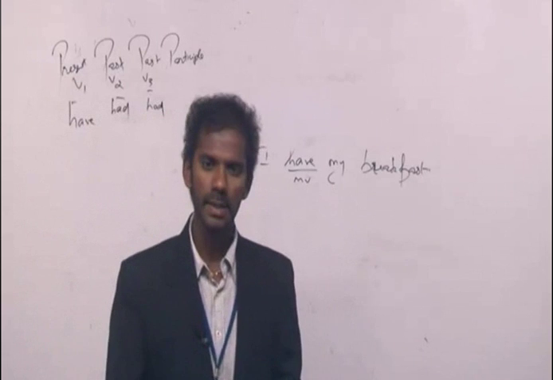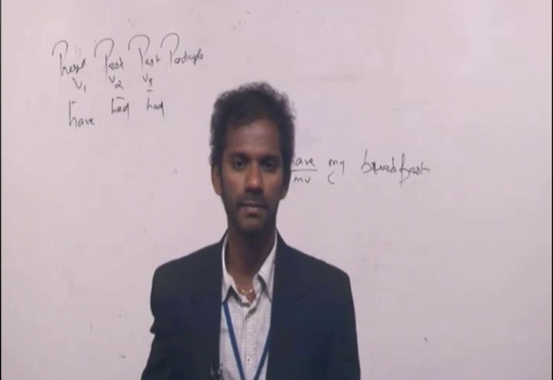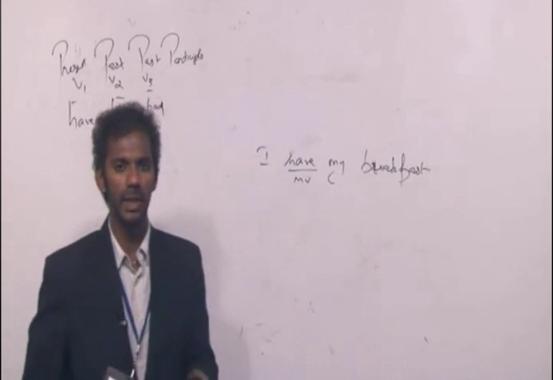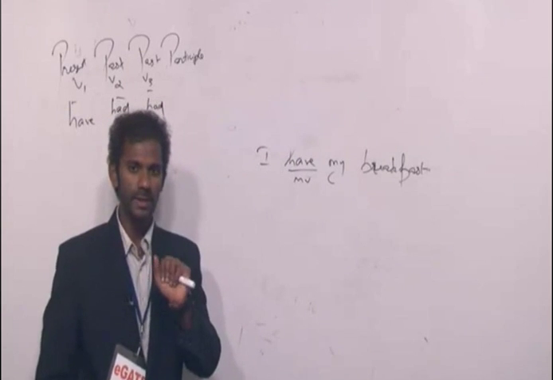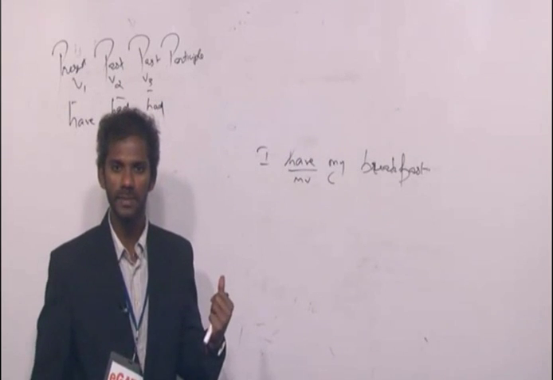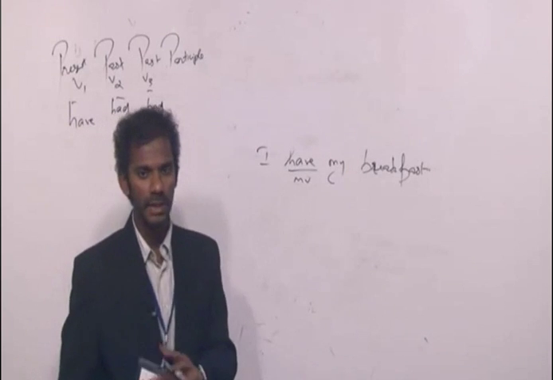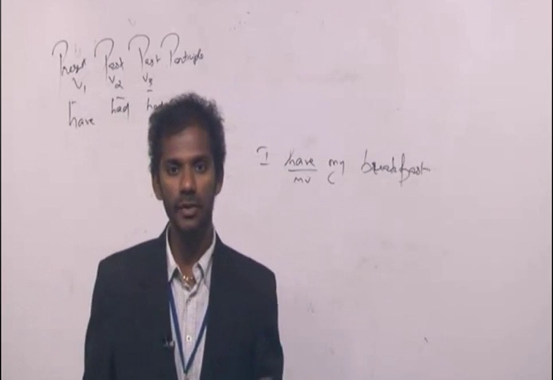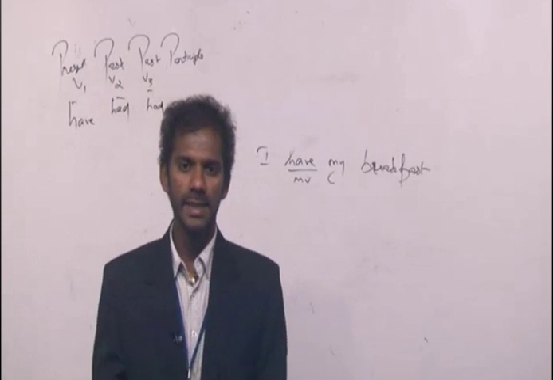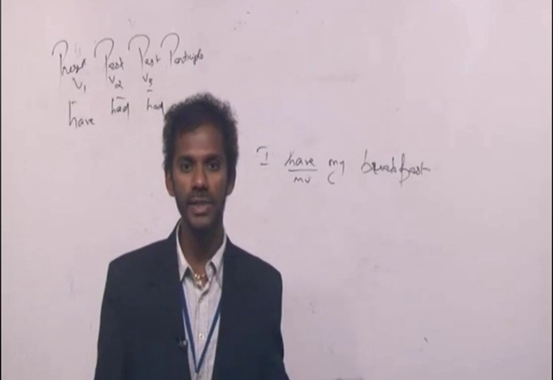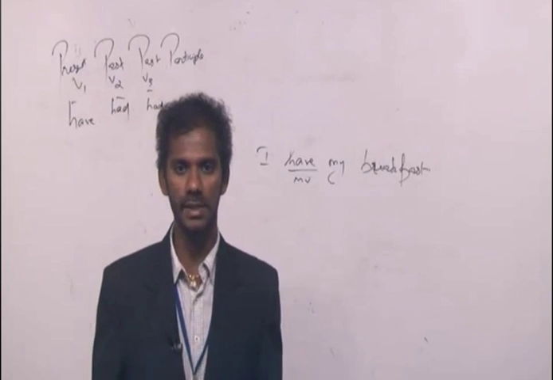This sentence is in the present tense or past tense or future tense? Present, past or future? It is anyways not in the future tense, because will or shall is not there. So this sentence is not in the future tense. Now we'll look at only two tenses, present and past. Present or past? Have comes only in the present tense, so it should be one of the categories of present tense. Either simple present, present continuous, present perfect continuous, right? Is there any ing out here? There's no ing here. So it can never be present continuous or present perfect continuous, right?